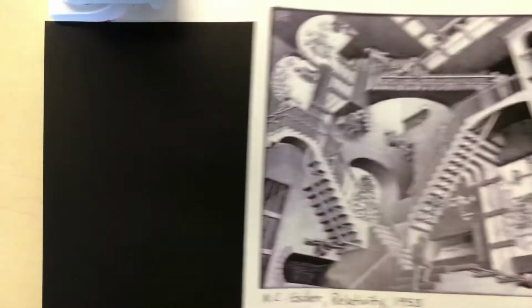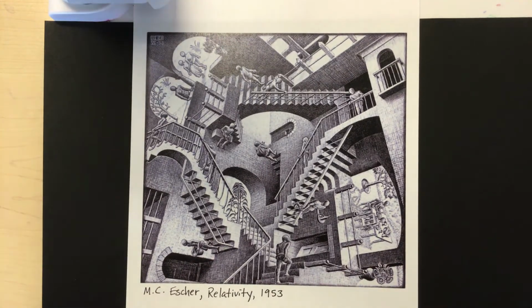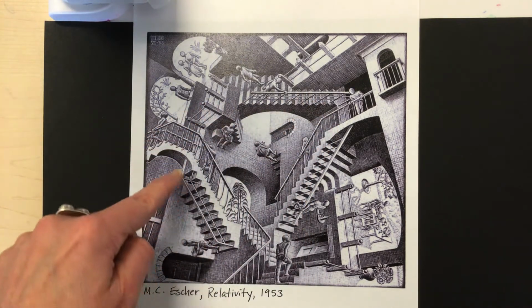And then finally, I just wanted to show you another, it's not necessarily considered surrealism, but it is an illusion in this artwork. And really that's what surrealism is all about. And even our perspective drawings, it's all about creating the illusion of things that are happening when they're really not. So M.C. Escher, this is called Relativity, 1953, and he uses a lot of one-point perspective in his drawings. They are extremely precise. We learned all about how to make stairs, so you can kind of see how he used those same